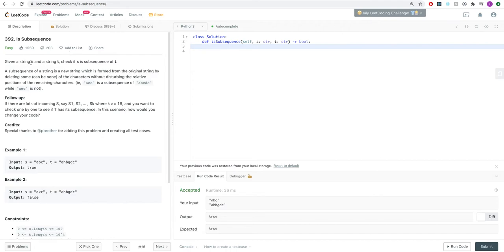Given a string S and a string T, 2 strings, check if S is a subsequence of T. A subsequence of a string is a new string which is formed from the original string by deleting some or none of the characters without disturbing the relative positions of the remaining characters. For example, ACE is a subsequence of A, B, C, D, E, meaning that A appears here and then C